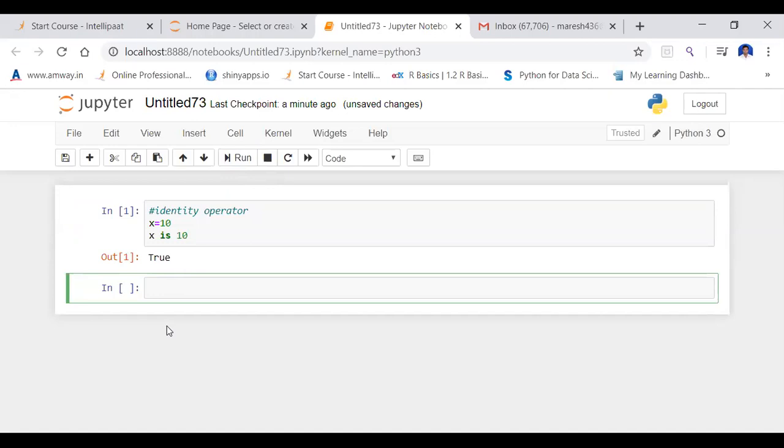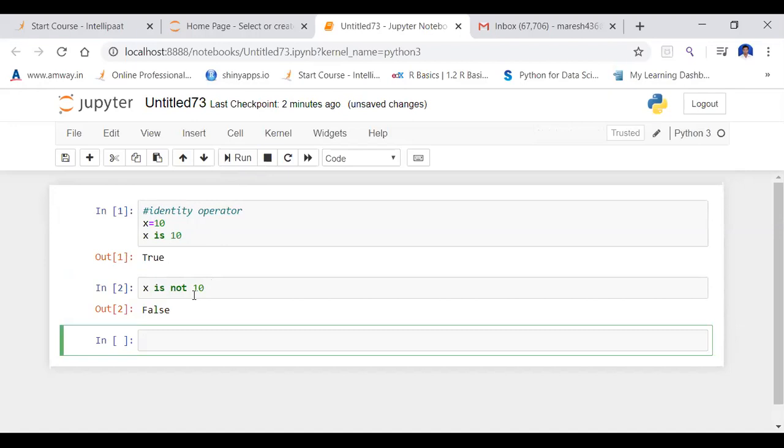X is my variable name, x is not 10. I'm asking that if x is not 10 satisfies this condition, then it will produce true. X is not 10 means x is some other value, so we got false.